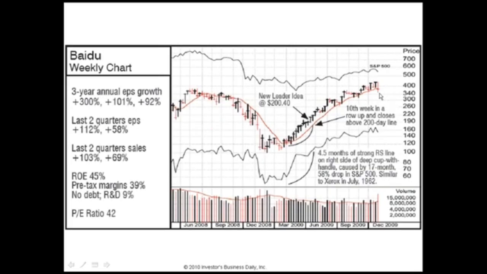This is Baidu. Now, Baidu is a very violent stock, much more volatile than most, and you can see the enormous correction it had. But remember, the S&P corrects 58%, so what does this correct? 70% or so? But as we get down along the bottom, you see it's beginning to get its support, and there's a heavy black week in there, and it drifts off a little bit, and there's less volume as it's coming down, and it starts turning up.